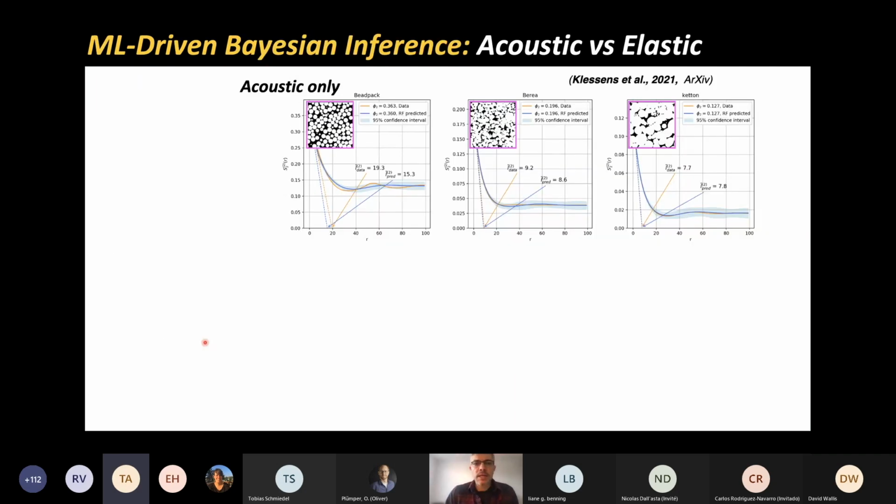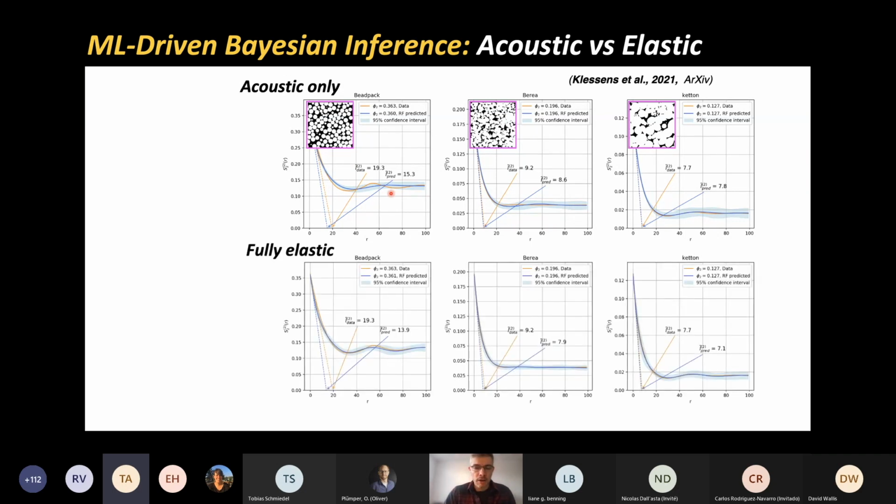So let me show you what this does. You have different materials. The actual property of the material is in orange. The estimated property only from acoustics, this means only from sound waves, from P waves, is the predictions in blue. And you can see that they come close here. So here you have the Ketton limestone, you have the Berea sandstone, and here you have impenetrable bead packs. And you can see that the estimates are fairly decent for these two, not so much for the first. If we take the full elastic wave mode, which means both P and shear waves in this case, we go to a much better prediction of the 2-point correlation function.